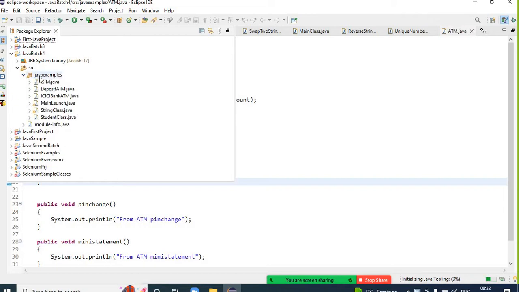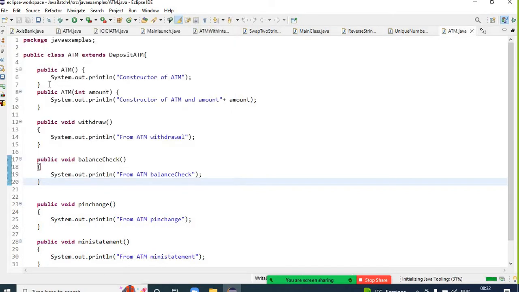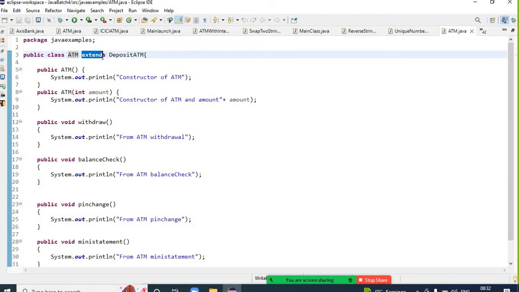Now yesterday we discussed the inheritance concepts. In inheritance we have three types of inheritances. One is the single level inheritance, which means one class extends another class, right? One class extends another class. That is the single level inheritance. Okay, multi-level. For example, here if you observe,